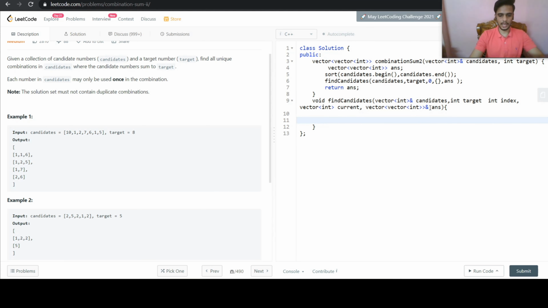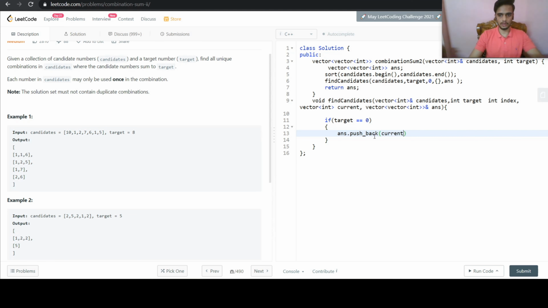This is fine. Now we'll handle the base conditions first. If the target becomes 0 while traversing our values from our candidates, then we will just add the values that we have consumed. So answer dot push_back current.